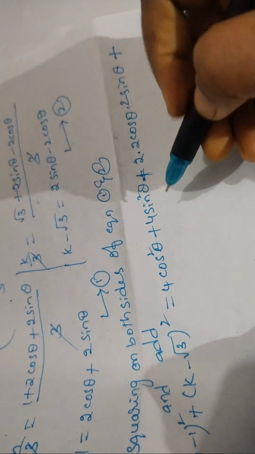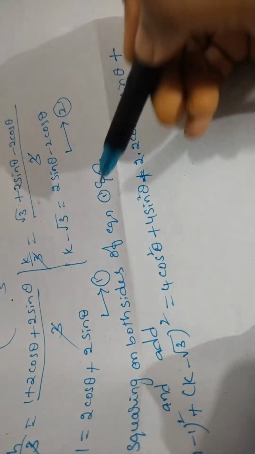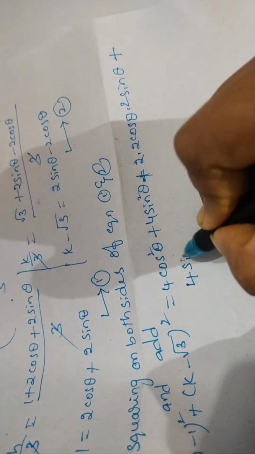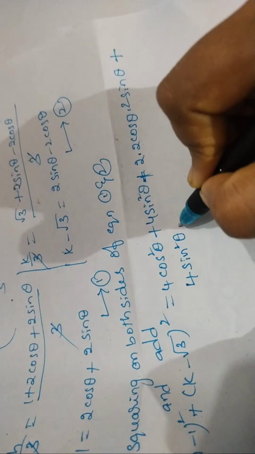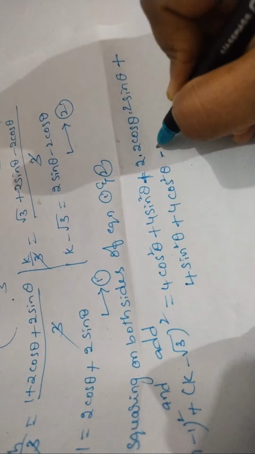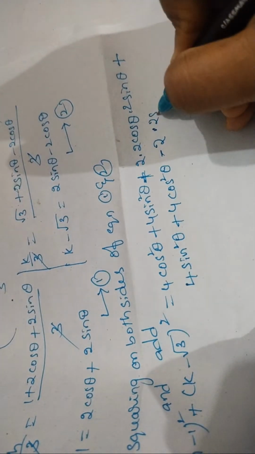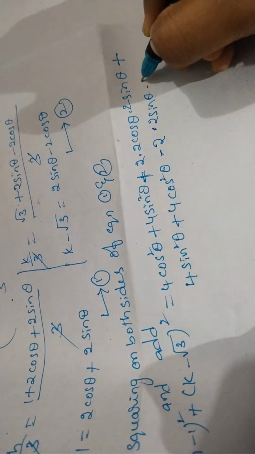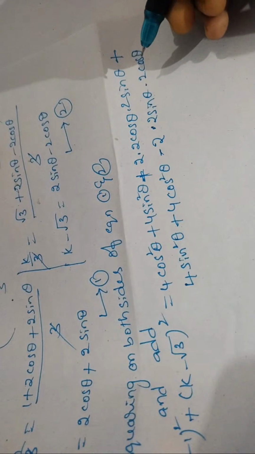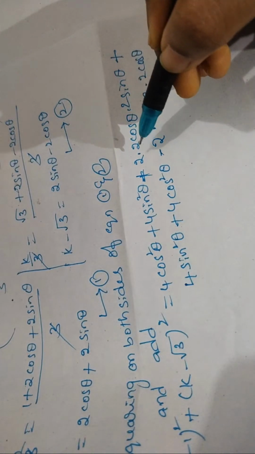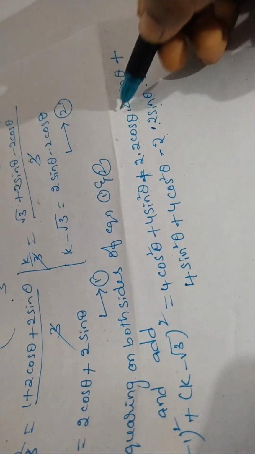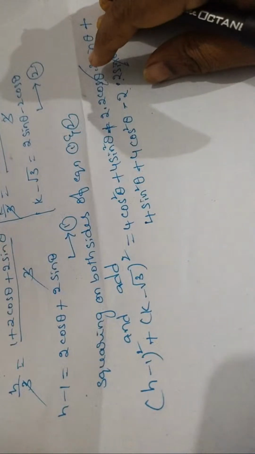Add the second one: (a minus b) whole square. a square is 4 sin square theta plus 4 cos square theta minus 2ab, where a is 2 sin theta and b is 2 cos theta. Now if we observe here, the 2 into 2 cos theta, 2 sin theta terms cancel. The remaining is: